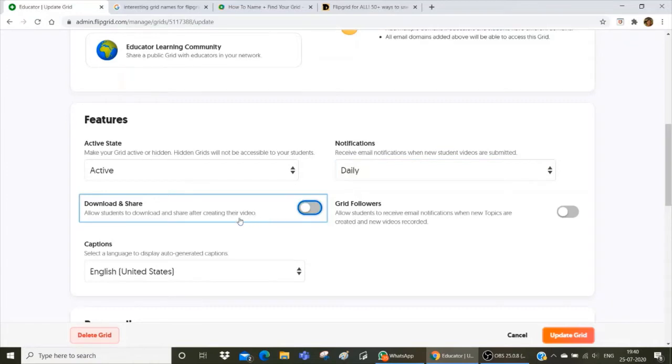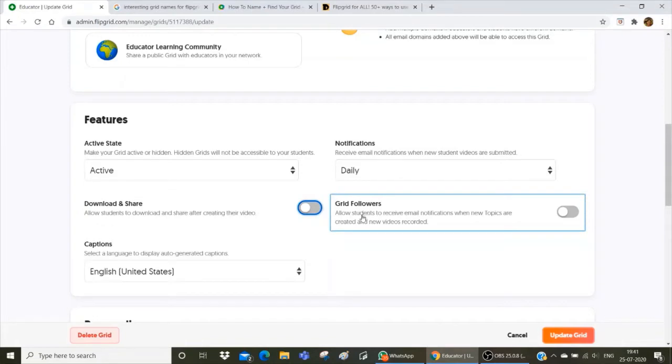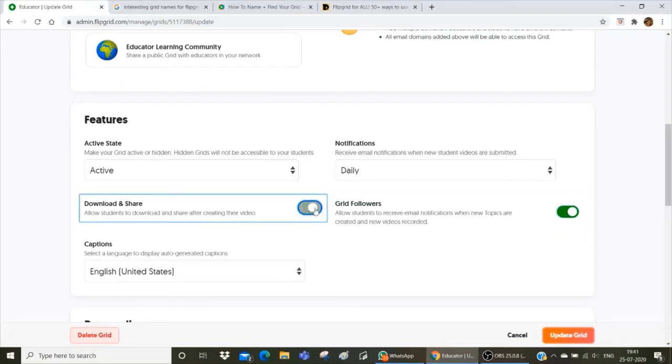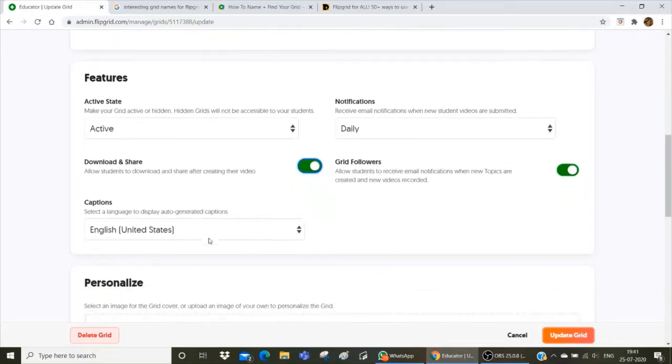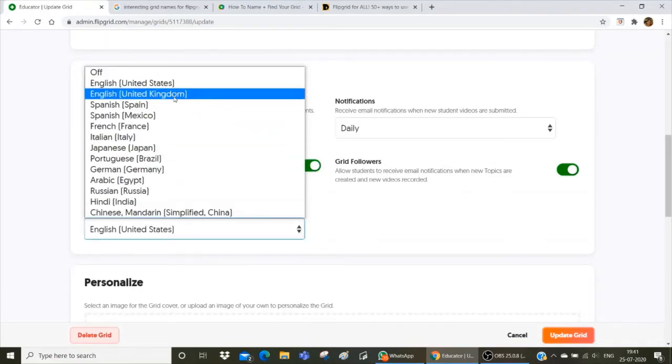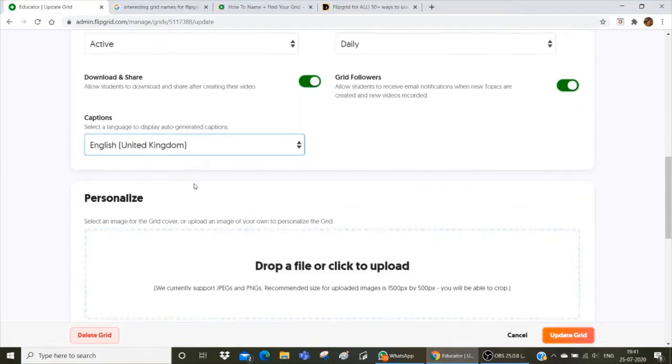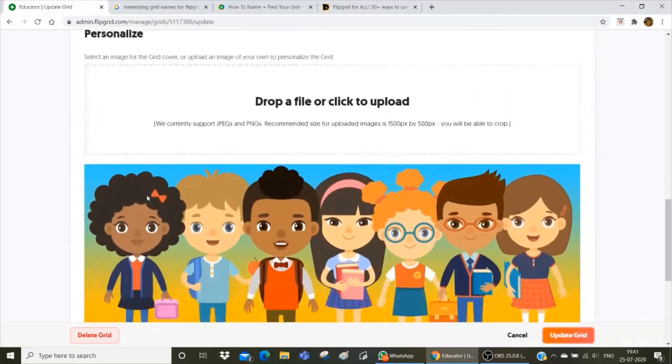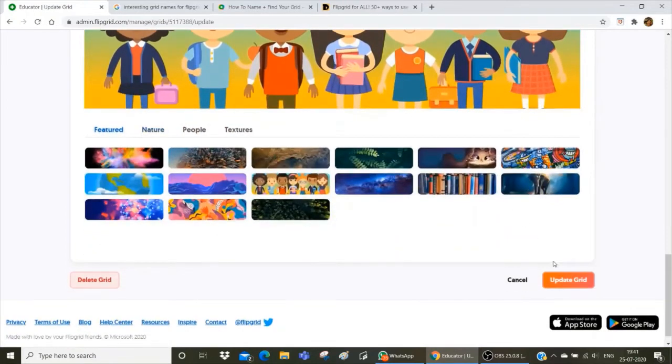On the right hand side, the option of grid followers allows the students to receive email notifications when new topics are added to the grid. So if you turn that on, students will receive notifications. If you want captions for the videos, then you can choose from here. There's a list of languages you can choose from here, or you can simply write none. As we personalized the grid before with our own cover page, now we click on update grid to update all